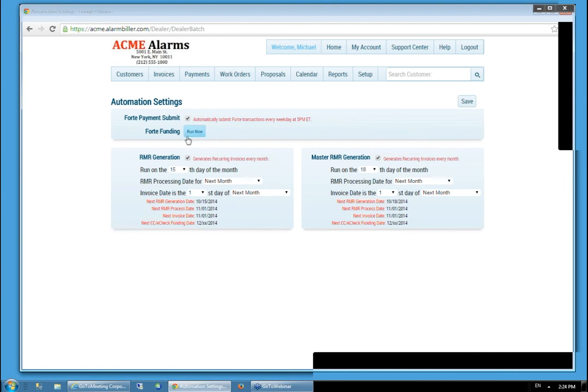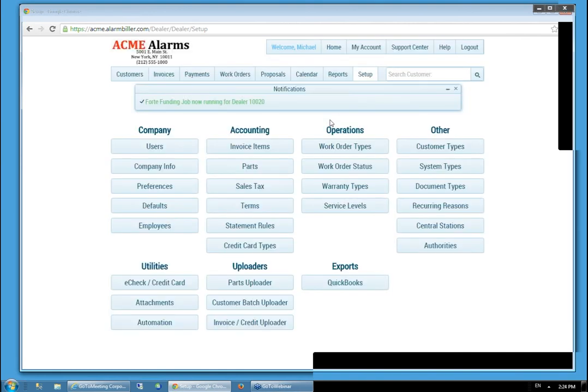But there's also a new feature we added, called the Forte funding. Every morning when you come into the office, because it happens in the middle of the night, AlarmBiller is going to check for the funding of any transactions. But if you want to do that at any point in time, you can just say Run Now. It asks, are you sure you want to run this batch? You just click OK, and that's all you have to do. It will go out and check for any Forte funded